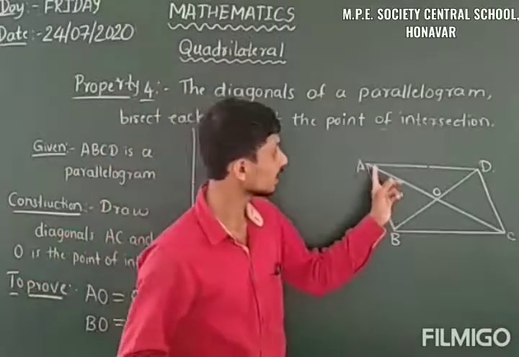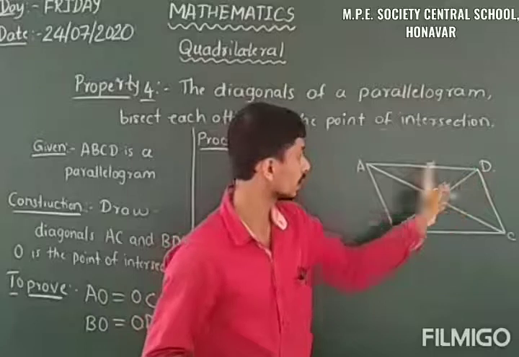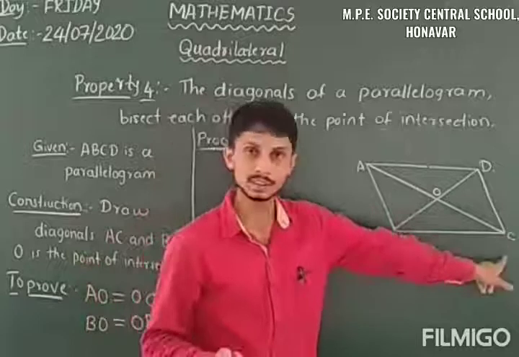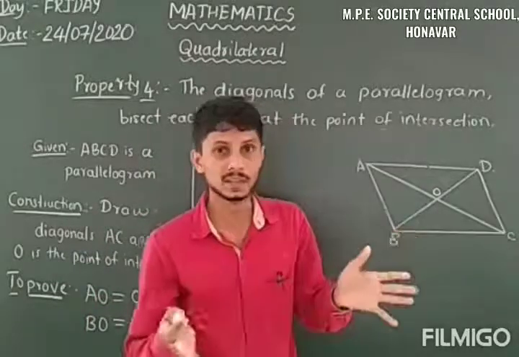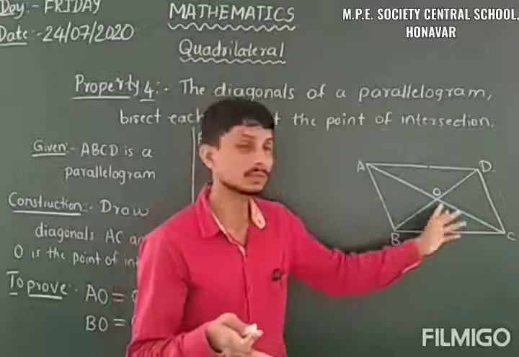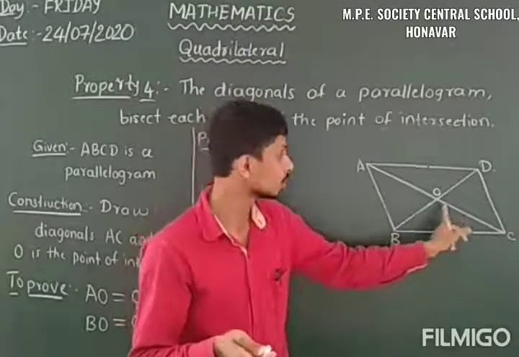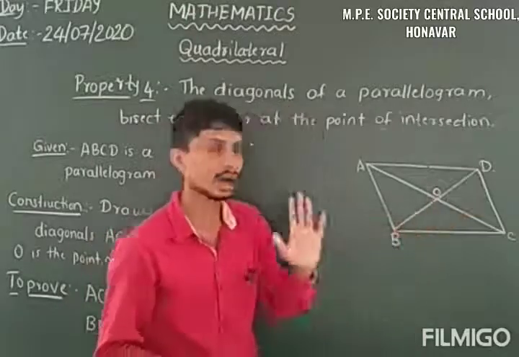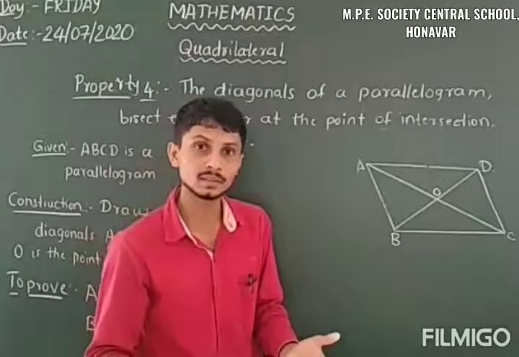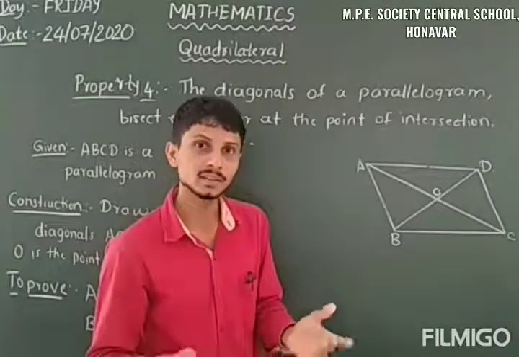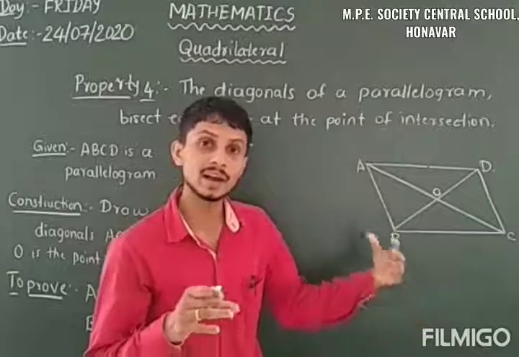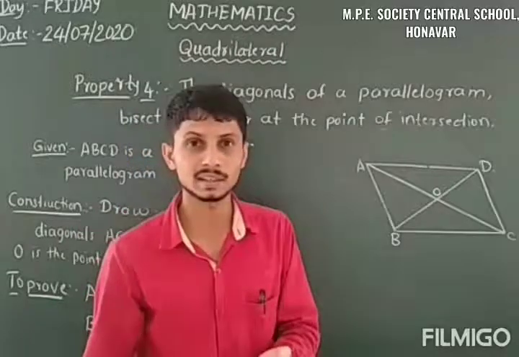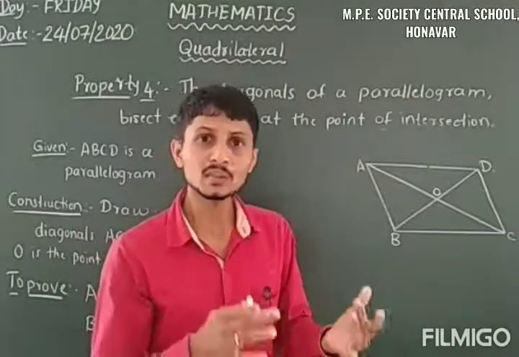Here we are considering these two triangles, AOD and BOC, because we want AO equal to OC, so it should be in different triangles. If we take them as different triangles, OC and OA are the corresponding sides here, and OD and OB are the corresponding sides here. So likewise we have to take both these triangles and use the angle side angle criterion or side angle criterion, whatever it may be, with a valid reason.